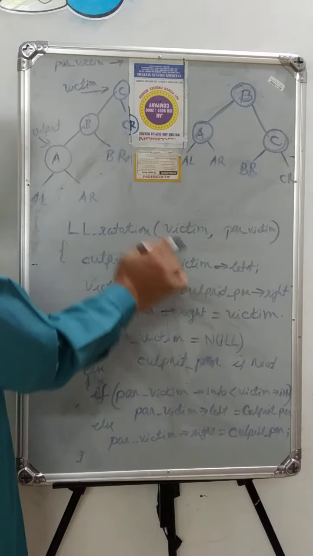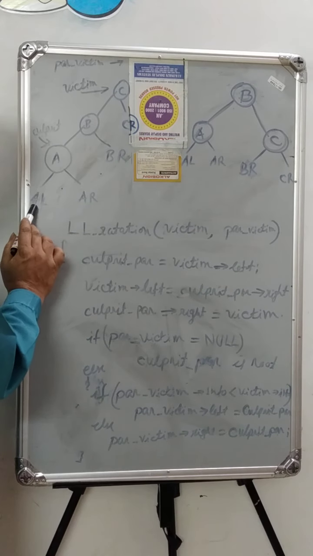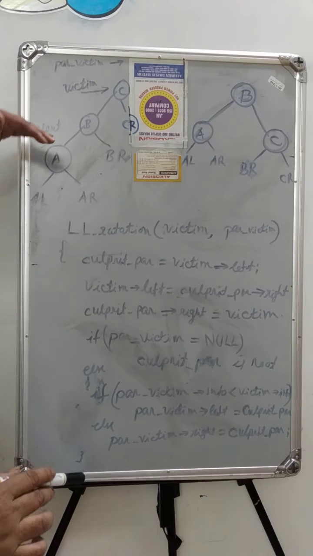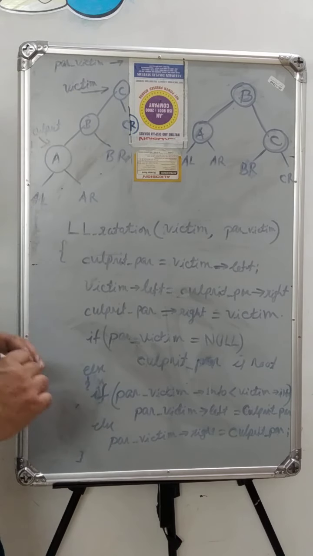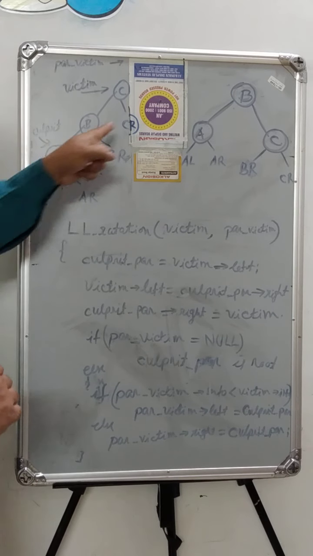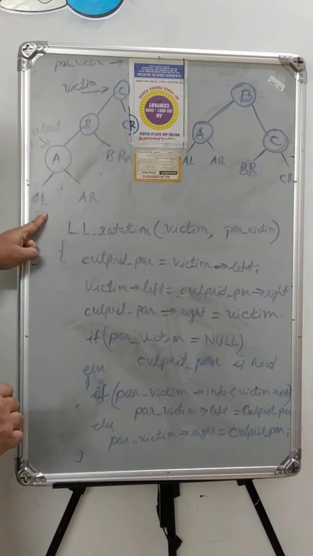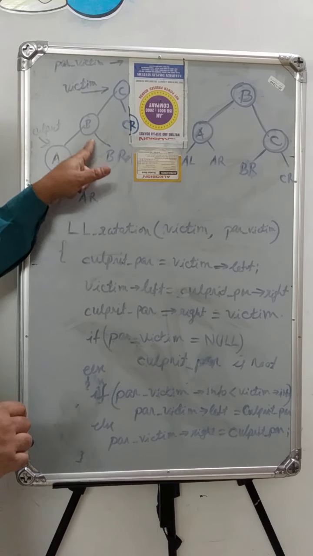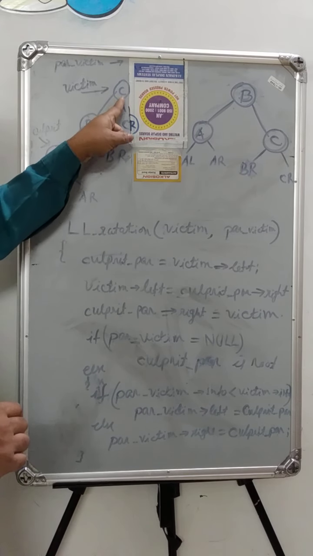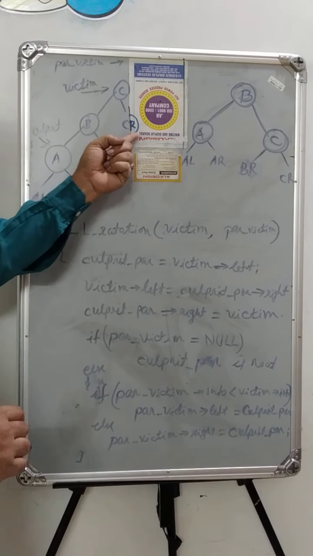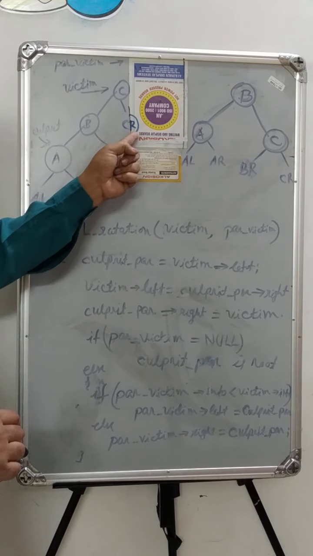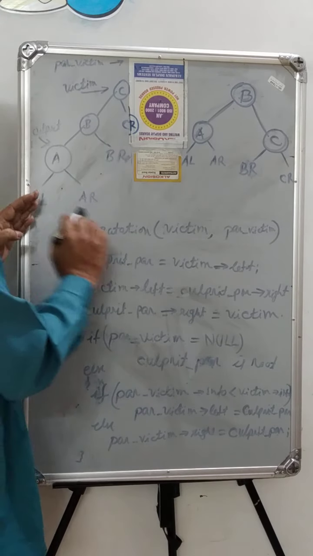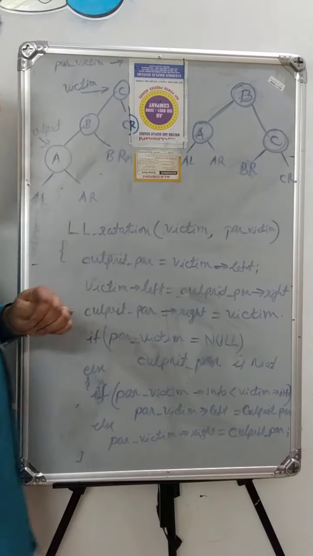Now, for our reference, I am just mentioning the different sizes that may be in the other nodes also. So let us name them as AL, A is left, AR, A is right. This is B is right, and this is the C is right. These subtrees may be empty also, but finally these subtrees will come to these positions here.